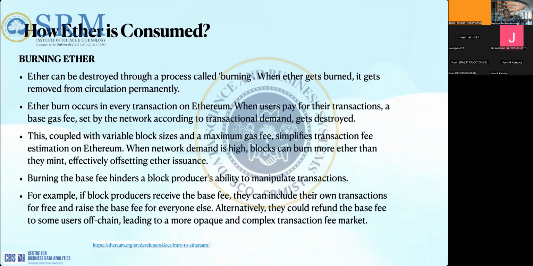Or it can give some refund or concession to some of the transactions in the form of the base fee, or it can charge a higher base fee for some transactions. All these malpractices will come into play. That's why they made it very clear that the base fee needs to be spent or burnt while verifying the transaction. That makes it very transparent. Everybody has to pay it, so no kinds of malpractices can happen.